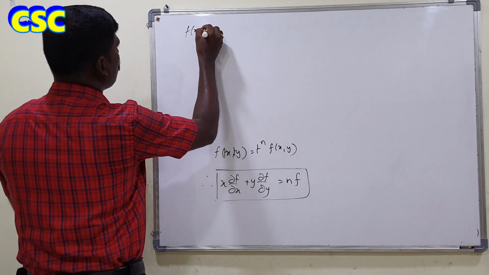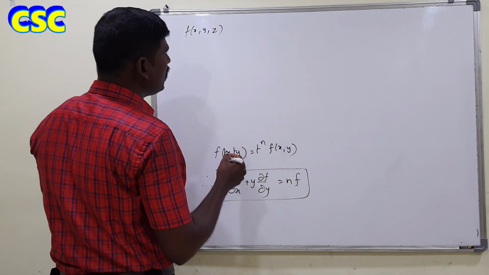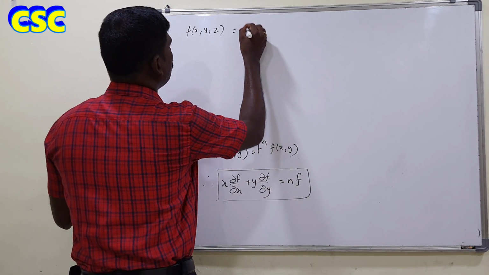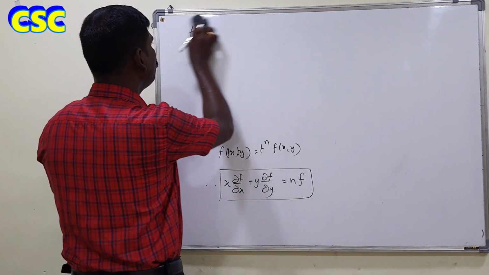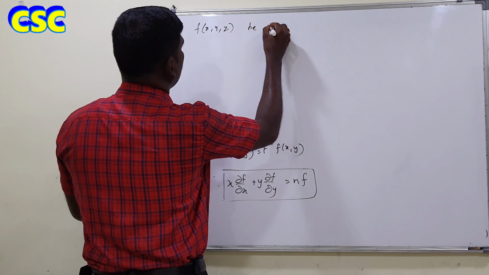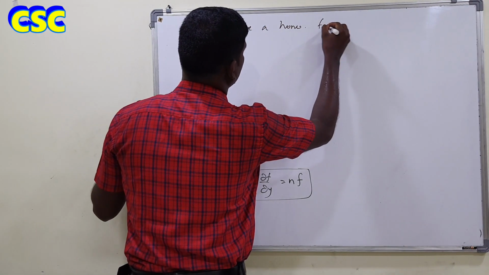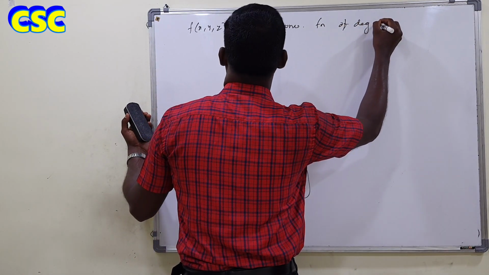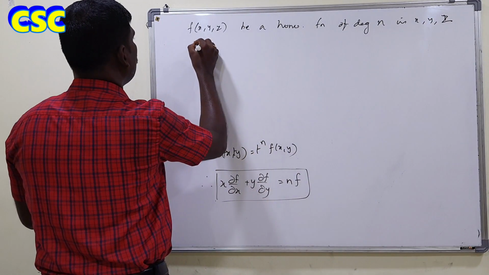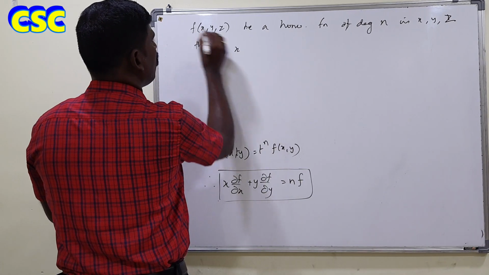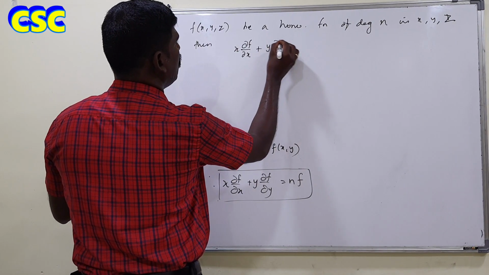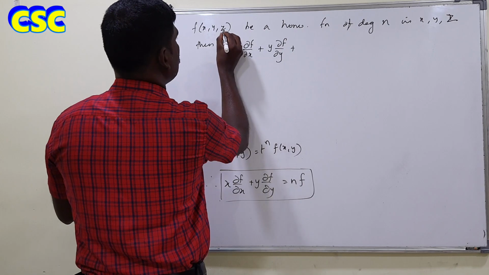Suppose f of x comma y comma z is a homogeneous function of degree n in x, y and z, then x into dou f by dou x plus y into dou f by dou y plus